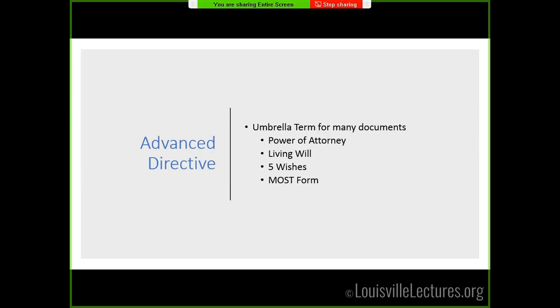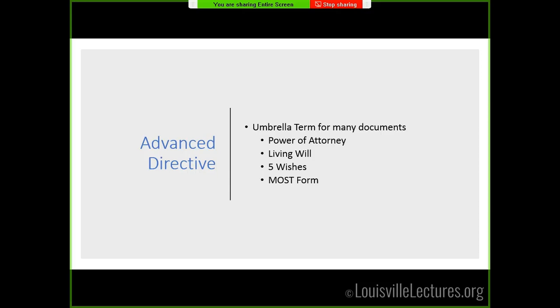So an advanced directive, what is that? I think the language around this is very confusing, so I'm hoping that this will provide some clarity today. But advanced directive is a pretty broad umbrella term. So there is not one thing that is an advanced directive. There are lots of different tools to help us know what patients' wishes are. Those are all forms or types of advanced directives.